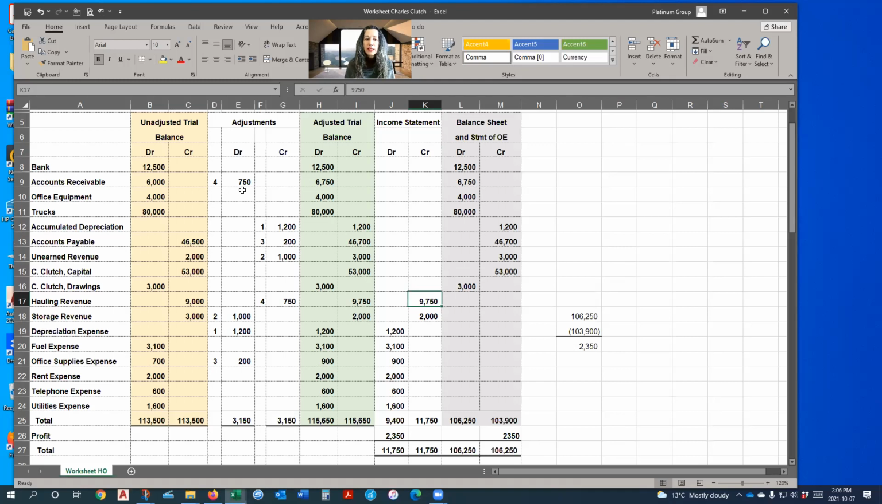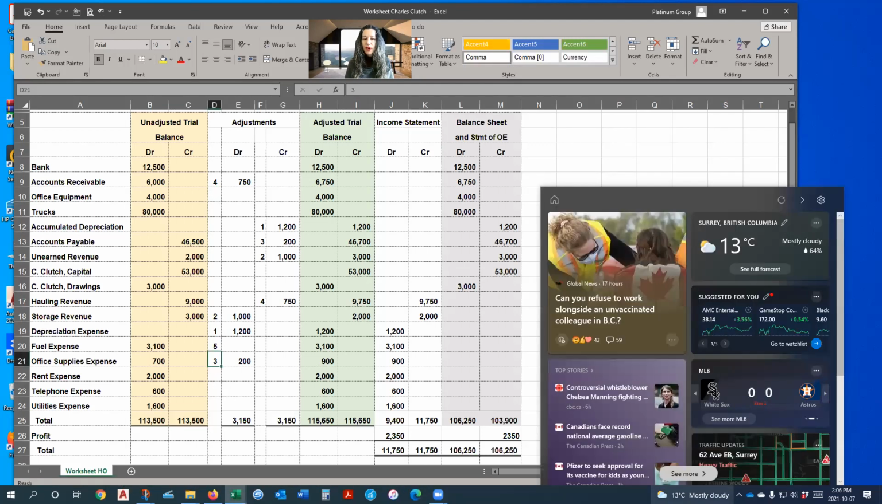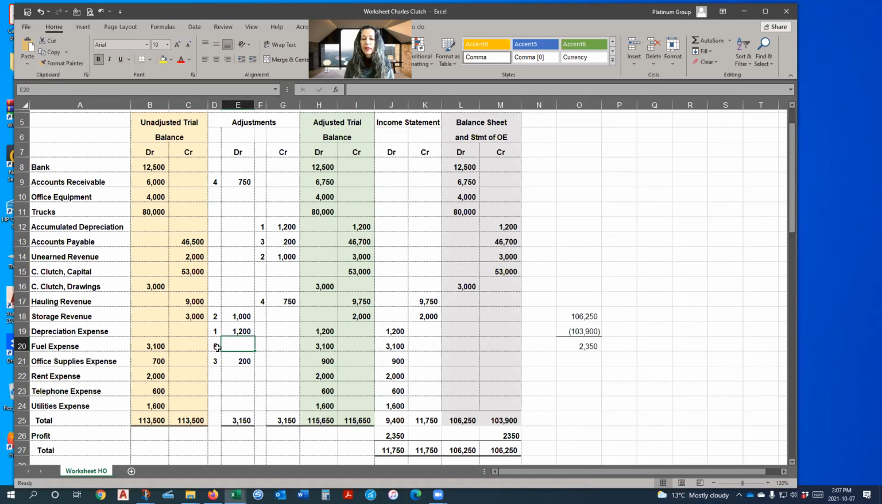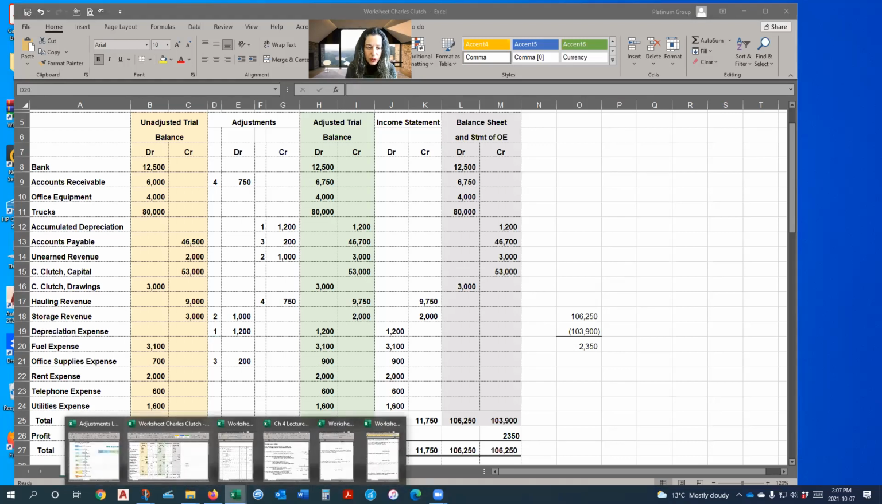So then what we can easily do is just go over here and we can easily add in the fuel expense, entry number 5, however that amount is, right? We can just easily add them in. And then we can just very easily see how the numbers flow through into our balance sheet and our income statement. So once we're happy with our balance sheet and income statement, and we're happy with these adjustments, then it would be at this point that we go back to our